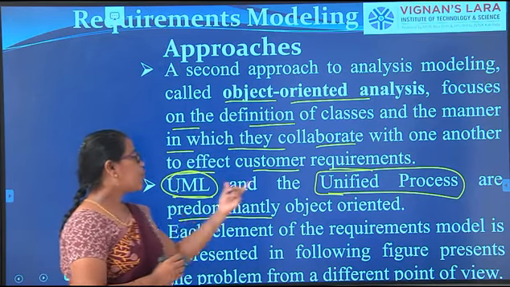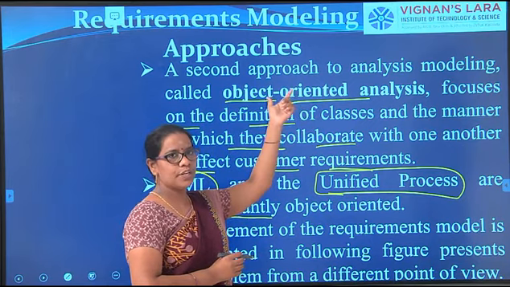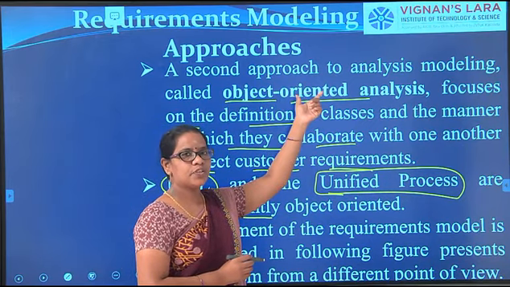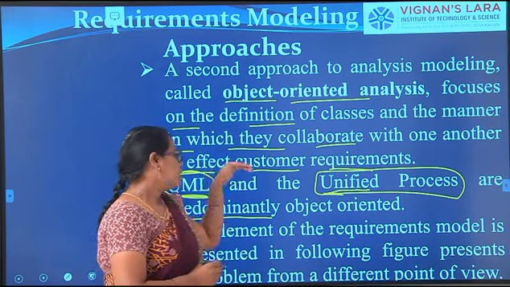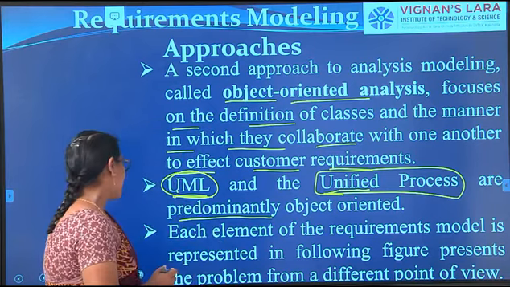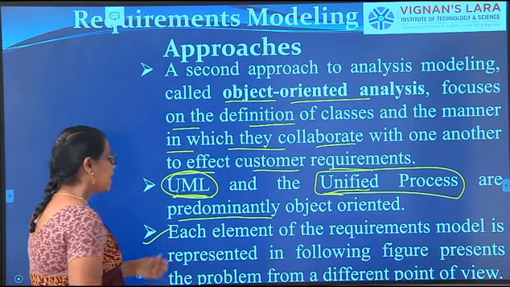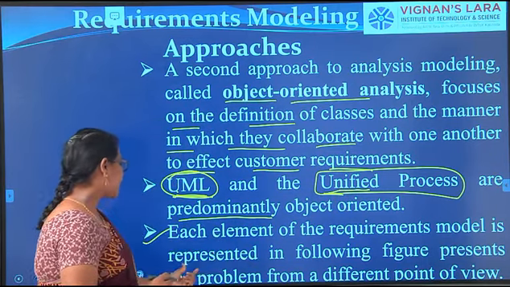So for doing this object-oriented analysis, these two, UML and Unified Process, are used. And next, thirdly, each element of the requirements model, as represented in the following figure,